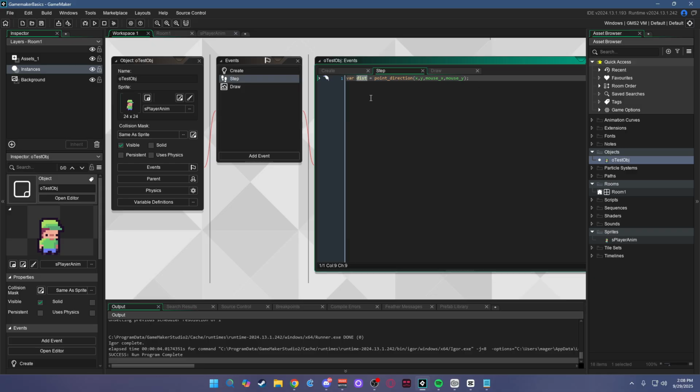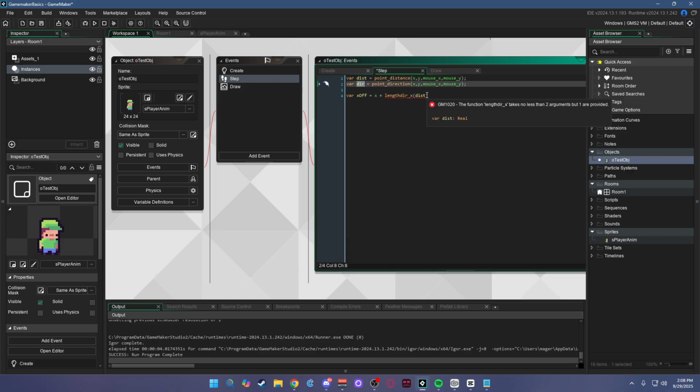And this might go completely over your head. Let's say we have distance and direction. With this kind of stuff, we could do an x offset equals lengthdir x. So this would be x plus. From my player, we're going to go a distance to my mouse in the direction from my player to my mouse. So if I do this on both x offset and y offset,